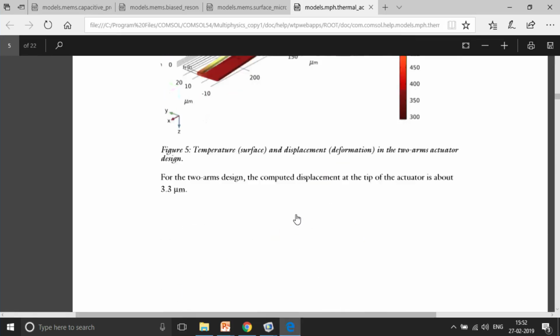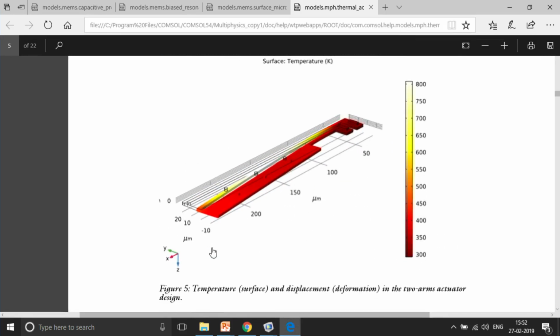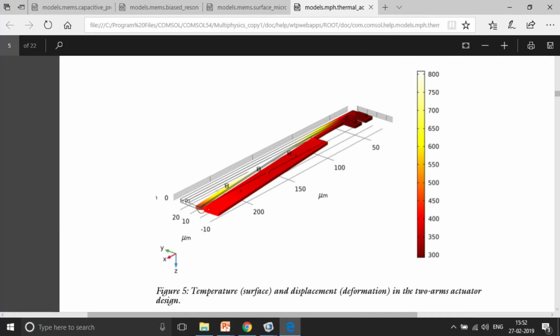The results actually look like this. So you will see that the deformation is actually going to take place like this. We have given a roller boundary condition, that's why it cannot move up and down, but it is allowed to move in y direction, right? It's not allowed to move in z direction, but it's allowed to move in y direction, that is laterally it can move, right? This is the actual geometry that you can see in the black lines, and the deformed geometry that you can see is the red structure.